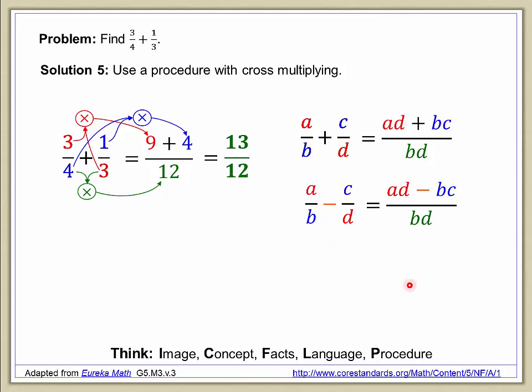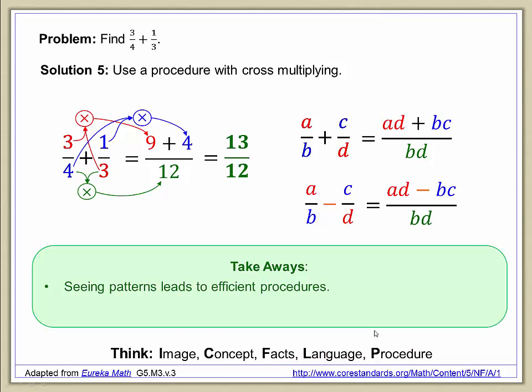This is kind of the ultimate in abstract procedure. It's an endpoint of understanding that has to be underpinned by an understanding of the images, concepts, and the facts and language that go beneath it. What we take away in the process of doing this is that when we see patterns and we can understand pictorially and physically patterns, we can start to be more and more abstract and end up with some very efficient and effective procedures. However, understanding what's underneath it is what's more important than the procedure itself,